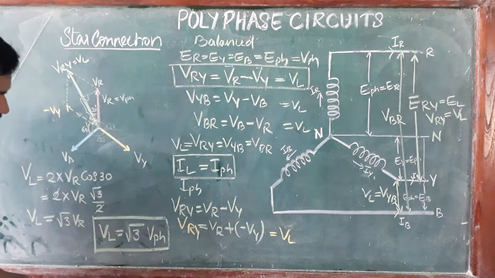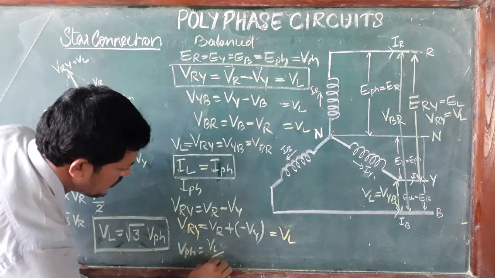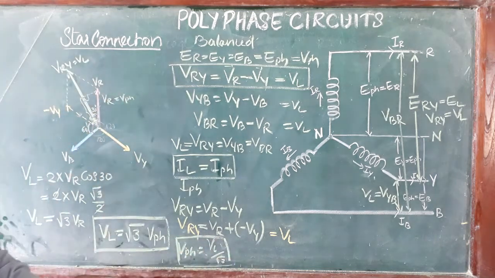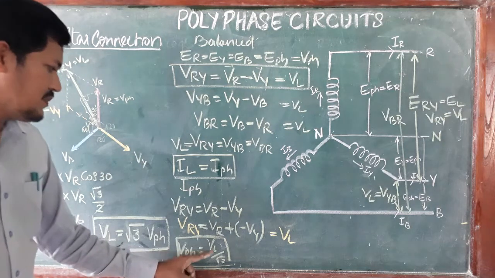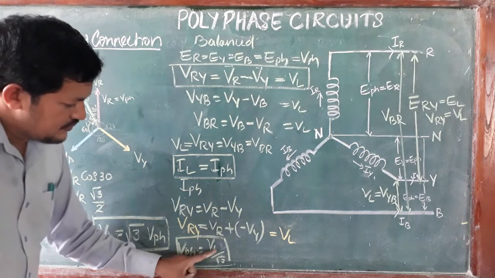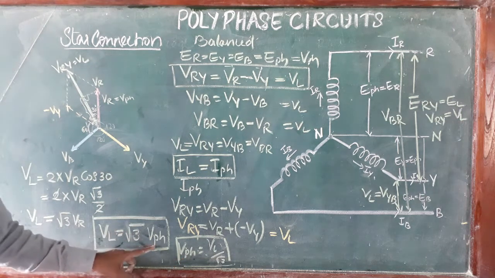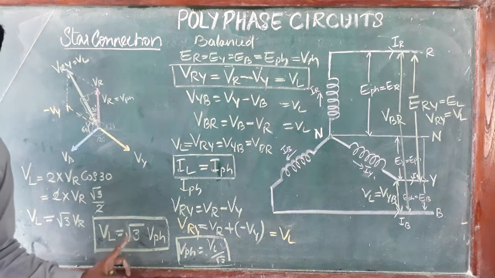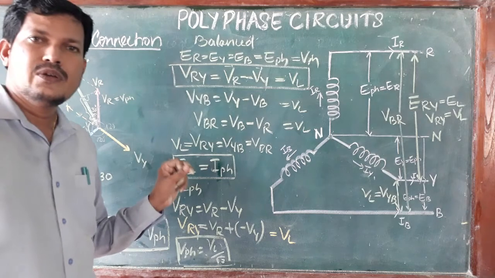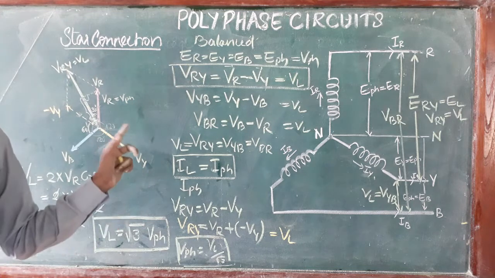We can write its opposite also. So V phase equal to VL by root 3. Suppose we know the line voltage, how to find the phase voltage means line voltage by root 3. Just taken numerator to denominator, left hand side. So line voltage, if you know line voltage divided by root 3 means it's the V phase voltage. Or if we know the phase voltage, we can find the line voltage by multiplying by root 3. So in our domestic connection 230 volts is the phase voltage, 230 into root 3 means our line voltage, that is 414.